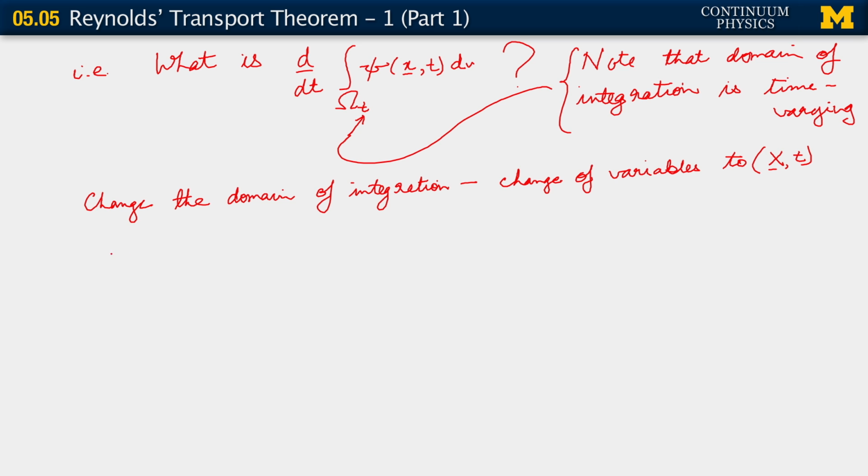We say that d/dt of the integral over Ω_t of ψ(x, t) dv, which is what we are confronted with, can also be written as d/dt. Now, I'm going to write that integral over the reference configuration, but via a change of variables, right? I'm going to say that instead of integrating over Ω_t, I'm going to integrate over Ω_0, remembering that